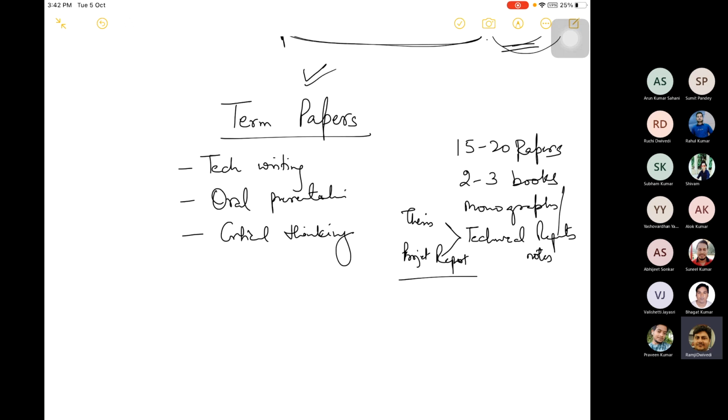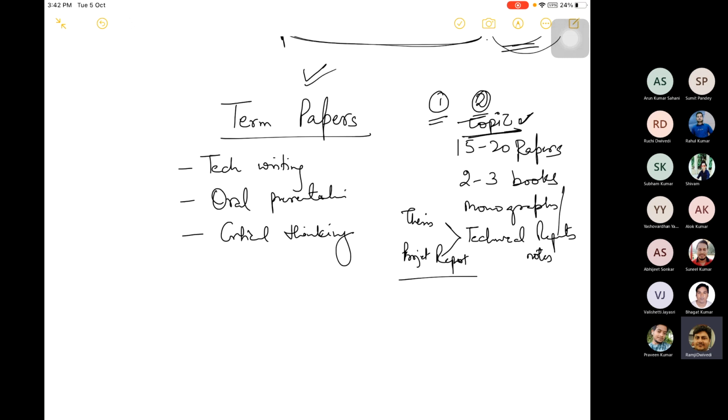So what will be happening is that in this mid semester break, I will assign one term paper, maybe to a group of 2 students, or individually also. If I have a sufficient number of term papers, I'll assign individually also, or I'll assign on a group basis, two in each group, and I'll give you one topic. Based on your understanding, we will finish it up by the end